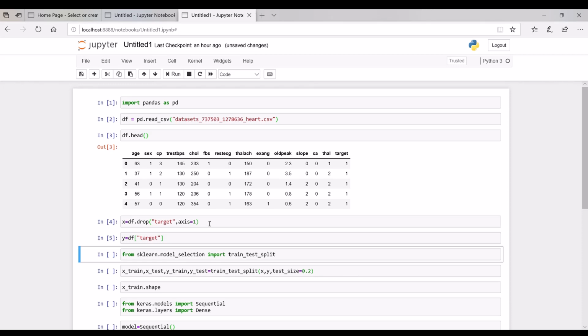Now, once the data has been split into independent and dependent part, let's split it into training and testing part. For that, we'll require another library called sklearn. For importing train test split from model selection, you will have to pip install sklearn. One important point to remember is that previously it was known as